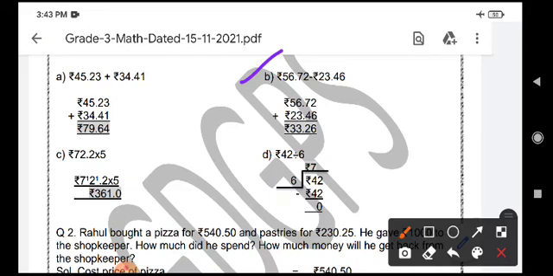Now come to B part. It says you have to do the subtraction. So how you are going to do the subtraction is, here you have to first write the greater number, that is 56, right? Then you are going to write the smaller number below it. Then you will start subtracting. This will give 1 to this 2 and it will be 12 minus 6 is 6. Then 6 minus 4 is 2, 6 minus 3 is 3 and 5 minus 2 is 3. So 33 rupees 26 paise is the difference of the above.